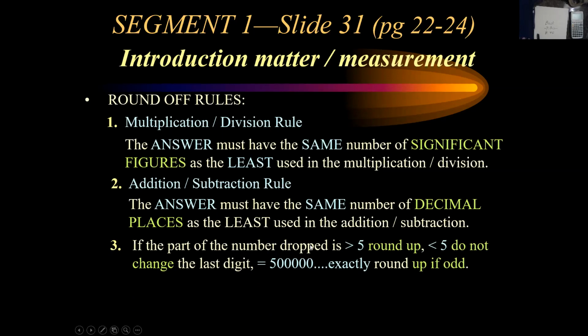Now, what if you're rounding off numbers? What do you do about 5? If you're starting to round off a number and the digit that you're going to drop is less than 5, you drop it. If the rest of the number is greater than 5, you advance this number to one bigger. What do you do if it's exactly 5? That's a rare case. But what we do is, if that is exactly 5, that is, when you push the calculator, you get